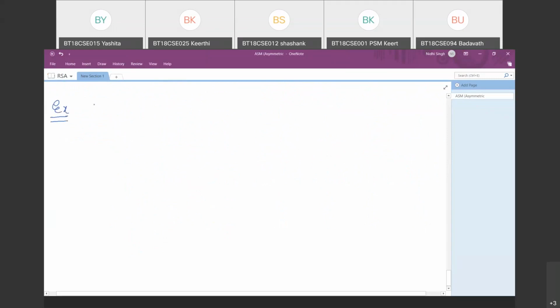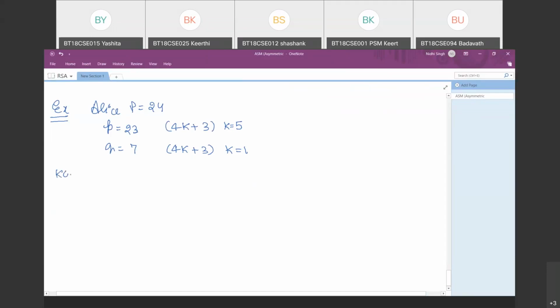Example. Now Alice wants to send a plaintext having a value of 24. For the key generation algorithm, the p value is 23 and the q value is 7. Now first check whether they are in the form of 4k plus 3 or not. If we select k equal to 5, then 23 is in this form, yes. If I select k equal to 1, then the q value is in the form of 4k plus 3. So yes, we can proceed.